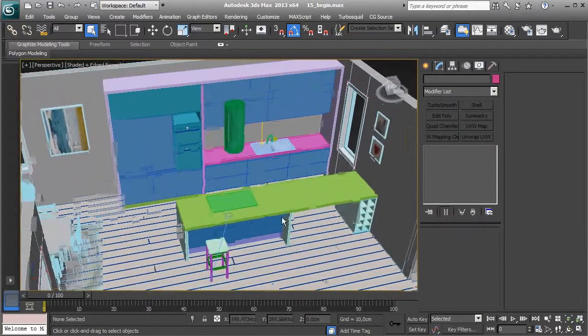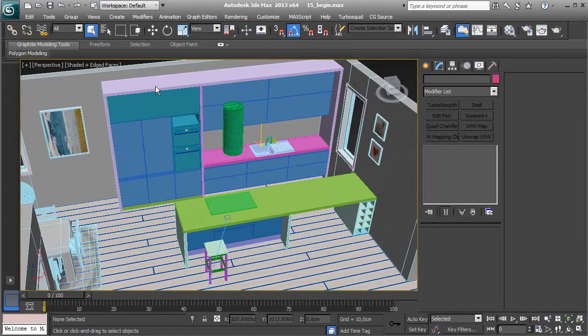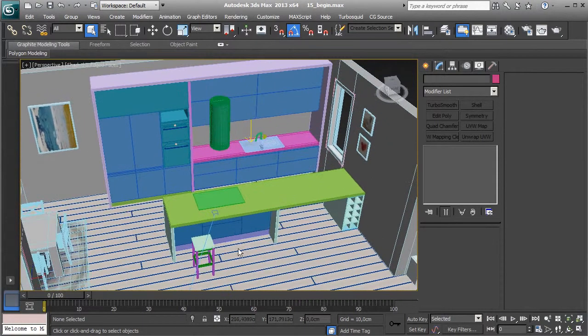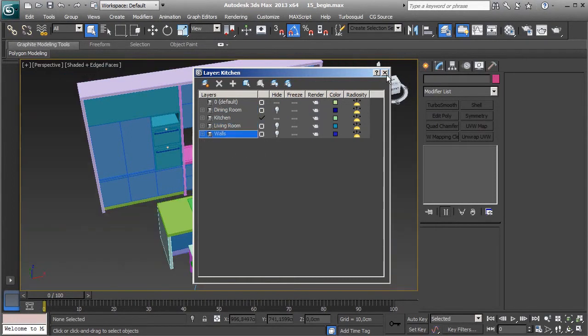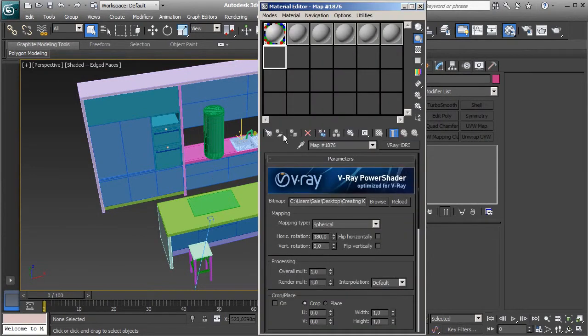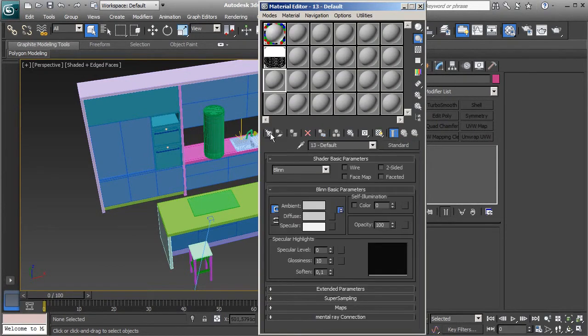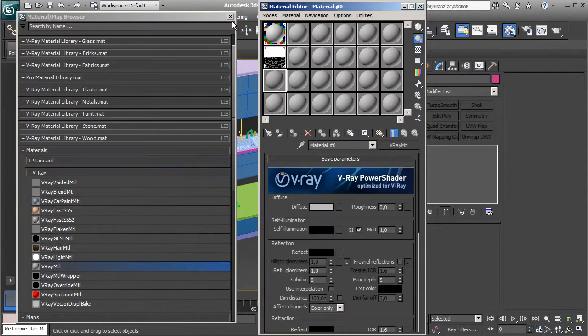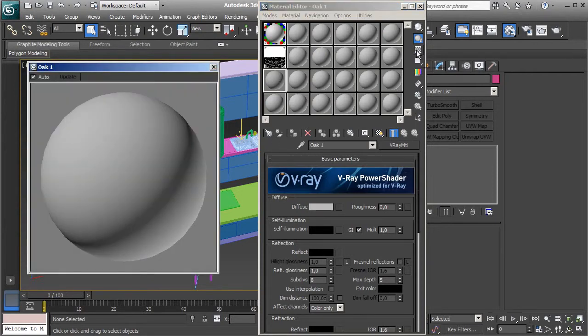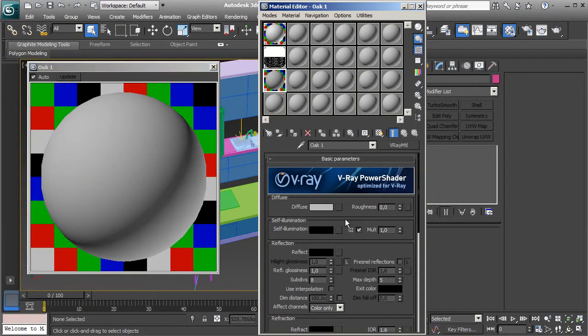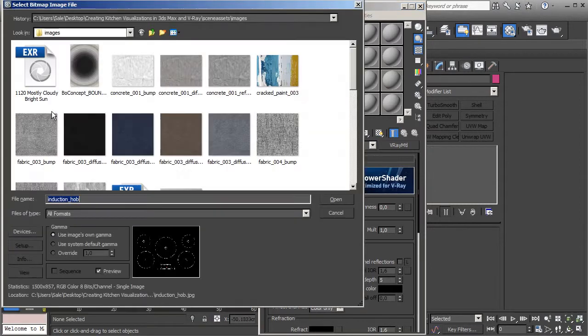Oak material for our countertops, for surrounding planks, wine shelves and bar chairs. And let's bring up layers menu and let's hide everything except kitchen. And now let's open material editor and let's create a new V-Ray material, and I will call that oak 1 and turn on background. In diffuse slot I will put a bitmap